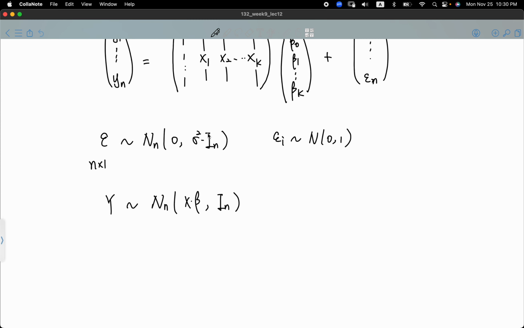Okay, so the variance is not equal to 1, it's just equal to some variance sigma squared, but shared for all the i observations. So in this case, you will have the same variance because you just shift by a constant of x beta. This is also equivalent to saying that yi follows a normal distribution with xi